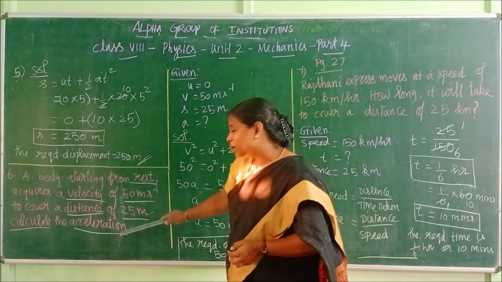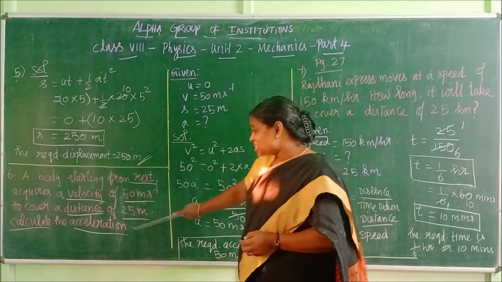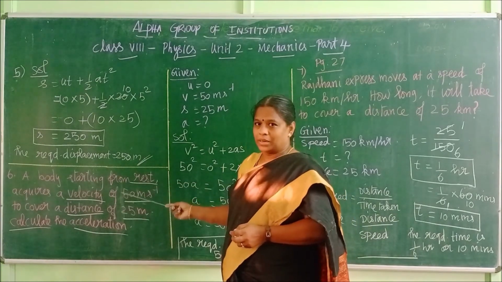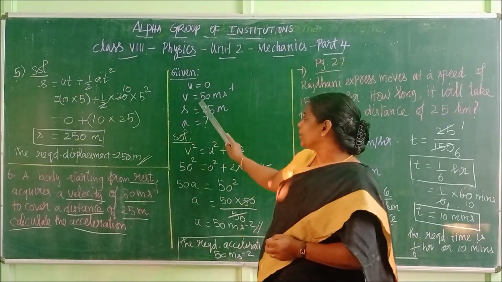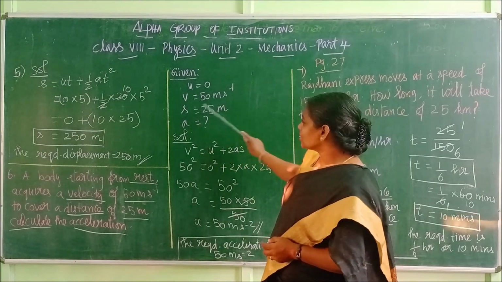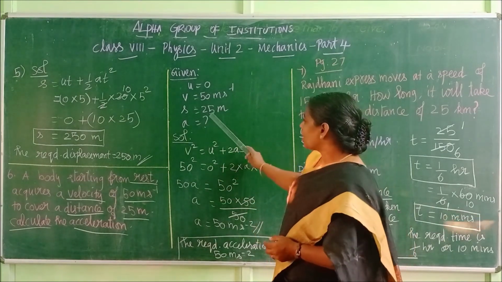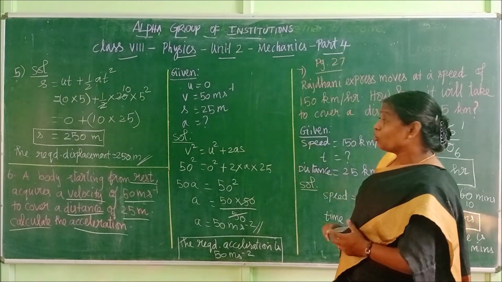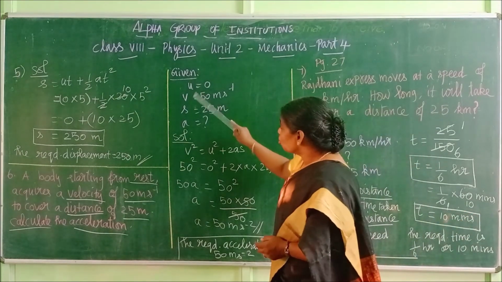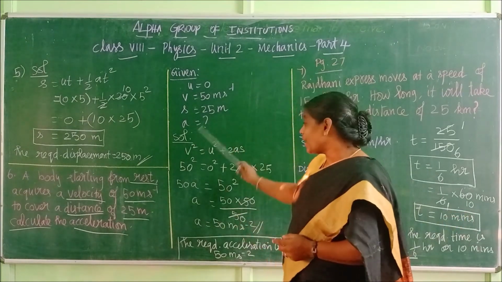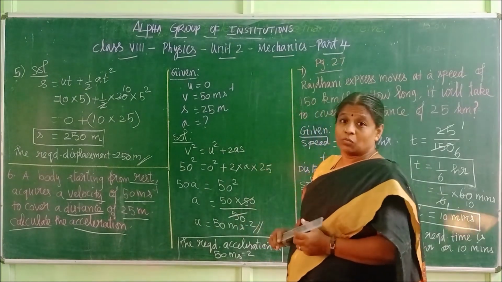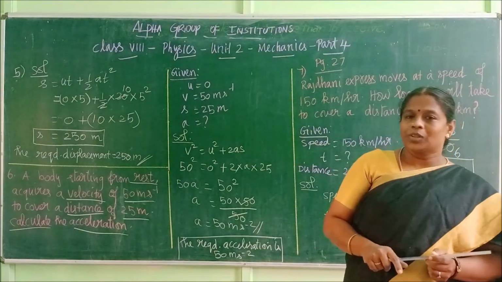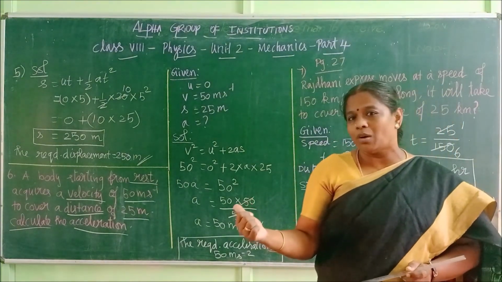But here what is the next one? Acceleration. Acceleration means the previous one is velocity and then the previous one is displacement. So it is indirectly understood it is velocity and it is displacement. So acceleration is question mark. Now you see here u, v, s is there, a is asked, but the t term is not involved. So which is the best equation? Third equation only now, right? Because t is not involved here.